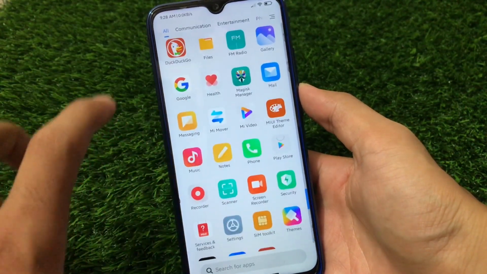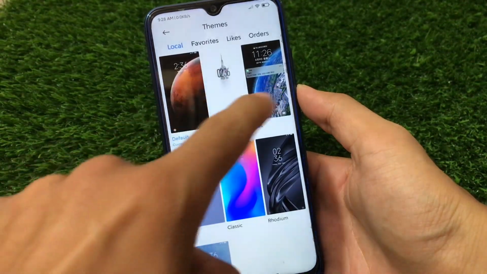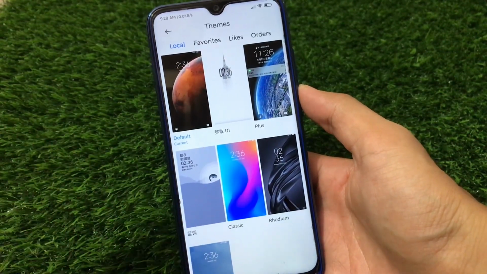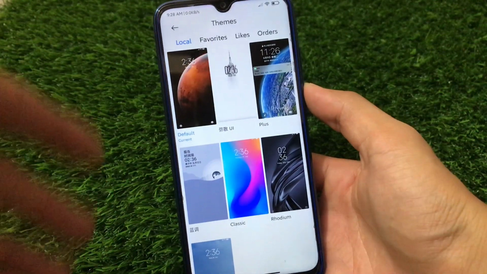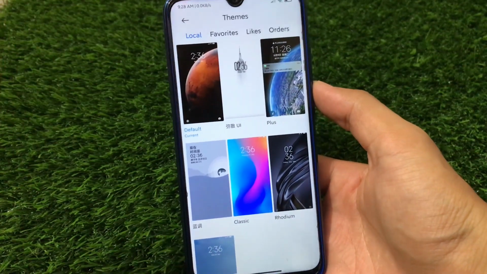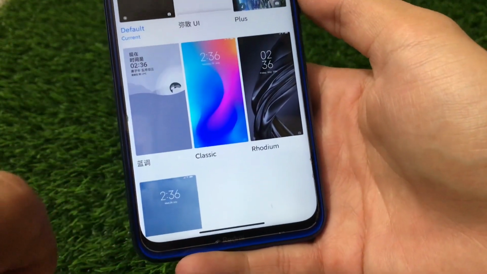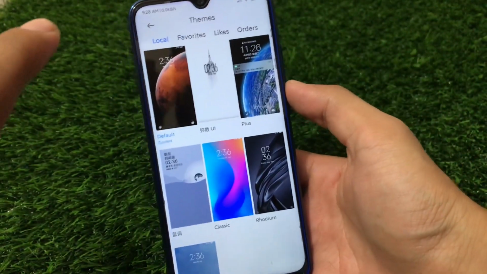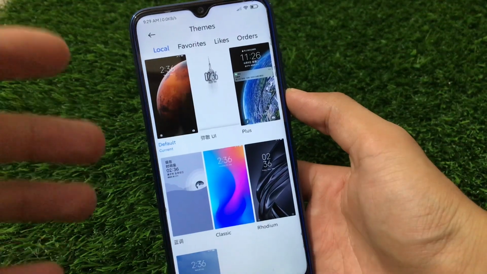These themes are actually available in China Beta ROM. Let me show you all these themes. These three themes I have already downloaded. These themes are actually available in China Beta ROM theme store, and if you have these kind of themes in your theme store, you can go and download them. But I don't think you will find these kind of themes. As you can see, the name of this theme looks different, so I don't think you'll be able to search. I'll make a backup, then I'll upload the MTZ file.